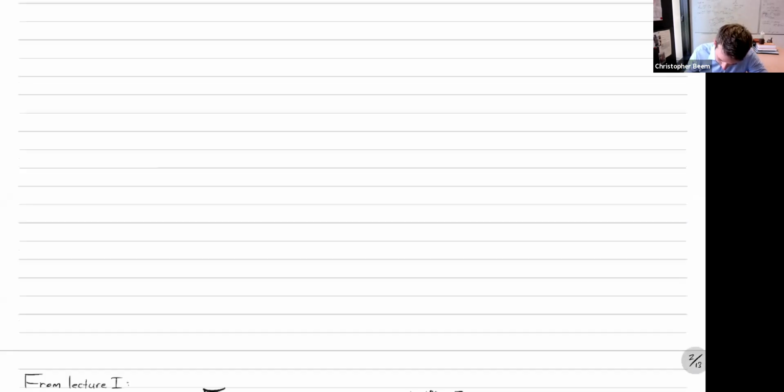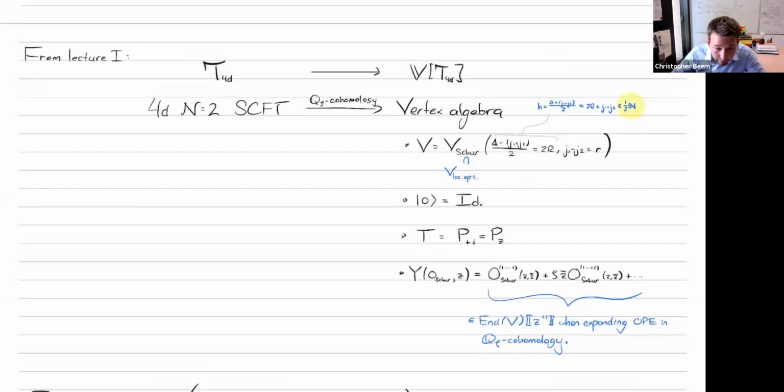So here's what we had in the first lecture. Schematically, we had some construction. We start out with a 4-dimensional N equals 2 SCFT, and there's a cohomological operation where we reduce the vector space of local operators and define some fancy way of moving operators around in 2 of the directions inside of R4. And we get a vertex algebra,